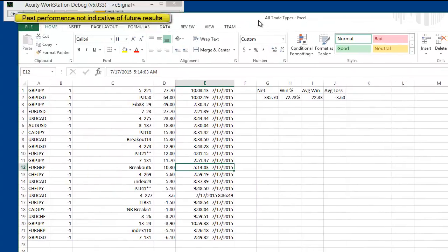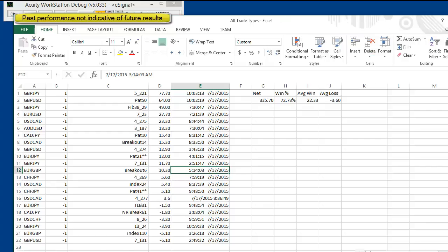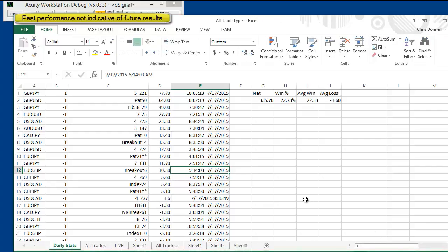Now the stats, I do these at the end of the day. At the beginning of the day I will fix some of the patterns that don't match the notes and the pictures I took when I created them. I then work on adding new patterns to find some of the trades that I would have taken that the system missed. I have over 2,200 patterns in the software right now, and you can see on Friday these are the results. At the end of the day, after I added probably 5 or 8 new patterns,